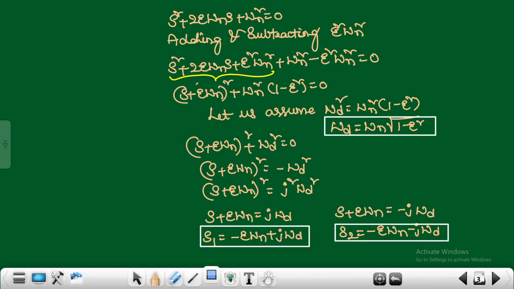Based upon that, as we know, zeta and omega n are the important factors for determining the dynamic behavior of the system. Based upon that, we are going to vary. By varying zeta, we are going to get some different cases. Let us see those different cases. So let us consider here case 1, when zeta is equal to 0.